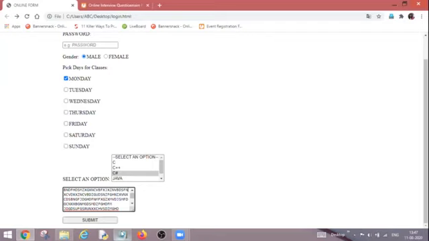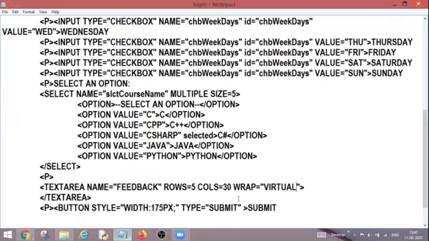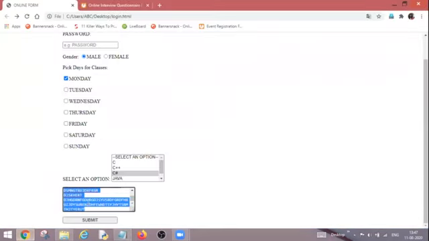But if I want to send my data as it is appearing in my text field, I can change it to physical. So if I write physical over here, Control S, go back. Now my data, which is wrapped over here, will be sent as it is to the processing form.